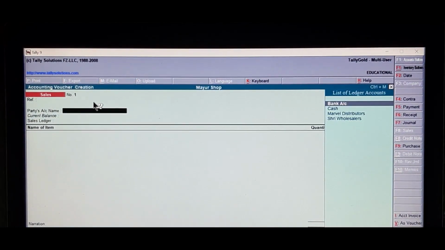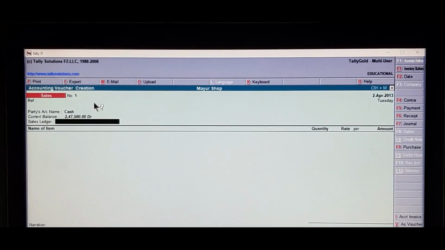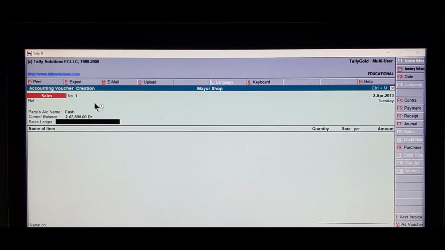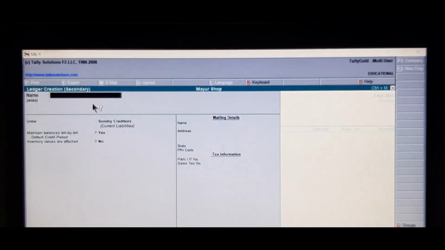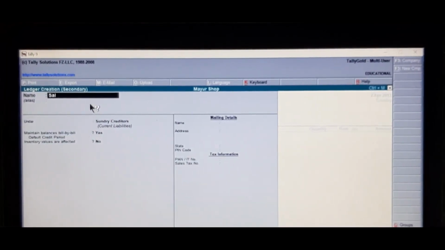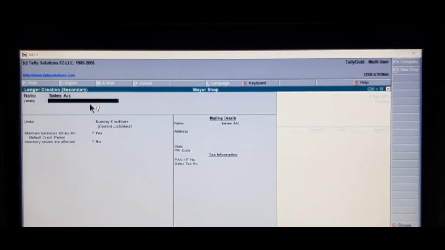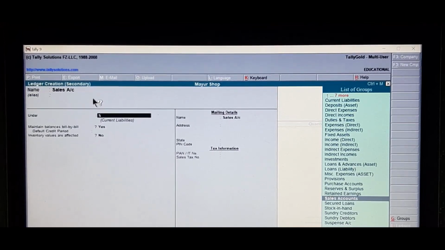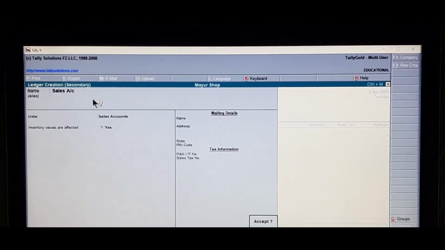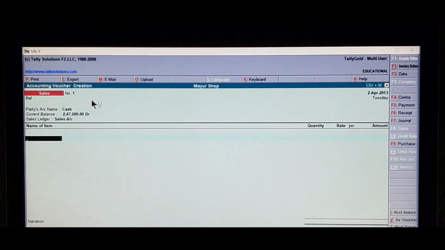Party's account name, select cash, and here we have to go for creating sales account by pressing Alt C. Sales account. This has to be allocated under the group sales accounts. Accept, press Y from the keyboard.